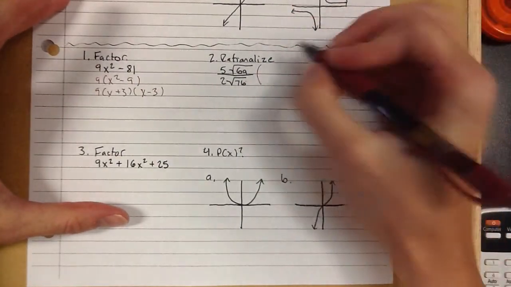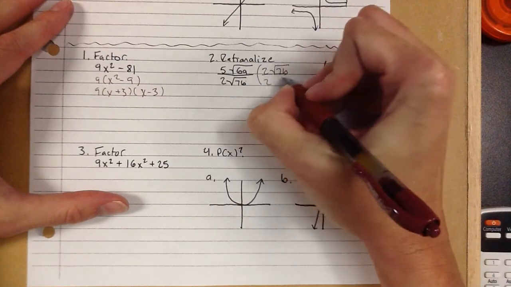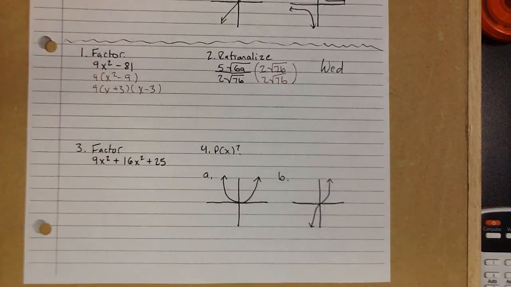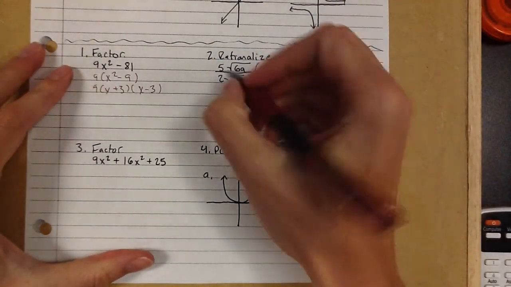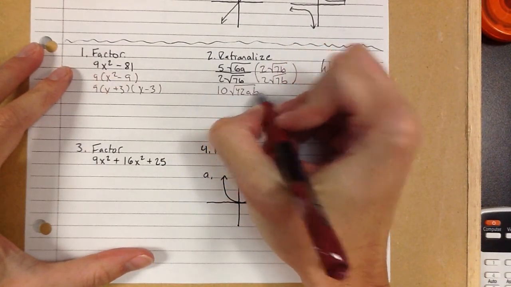Okay, so rationalize 2 square roots of 7b. Okay, multiply the top and the bottom. So when I have radicals like that, what gets multiplied together? Be more specific. The 5 to the 2, the 6a to the 7b. Right. Stuff on the outside gets multiplied together. Stuff on the inside of the radical gets multiplied together. So I end up with 10 square roots of 42ab